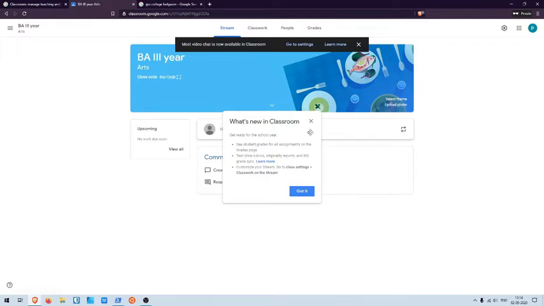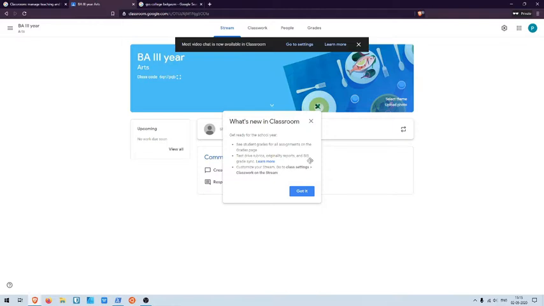So a student knows that he's not supposed to be in classroom, let's say 12, but a classroom 13, something like that. Okay. Now let's look at what we have. Now we have a couple of things. So let's look at what's new in classroom. You get to see student grades. You have to set test drive rubrics, which is a system where we make a schema for how to grade.